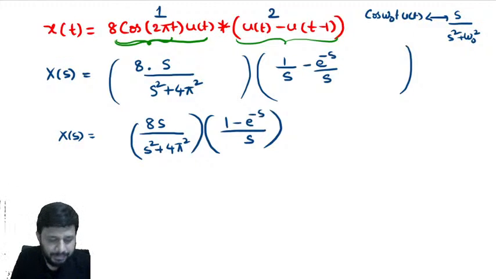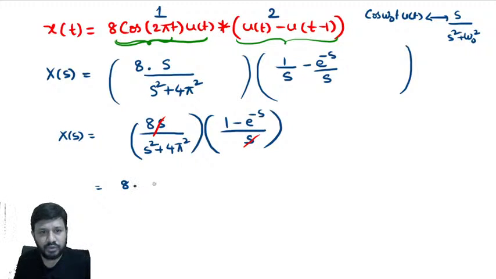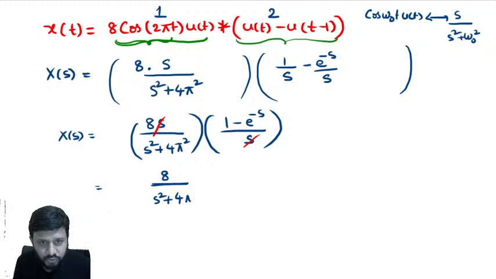Now here what will happen? This s gets cancelled, right? Now how you can simplify this one? Can I write this as, if I bring this 8 outside, or observe here, this can be written as 8 by s square plus 4 pi square minus